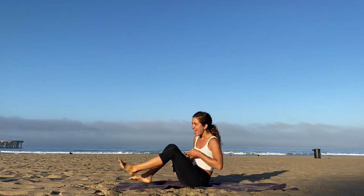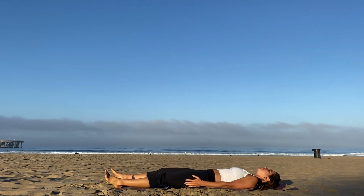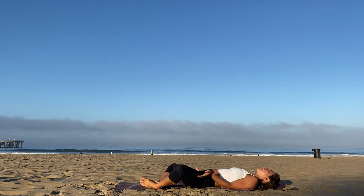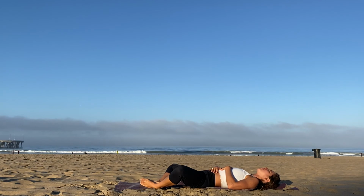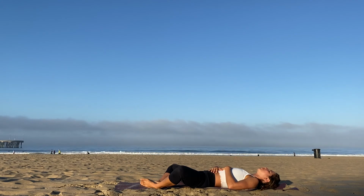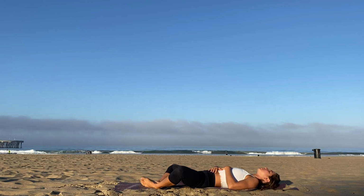Release your hands. And lay onto your back. Take Shavasana. Any way that's comfortable. If you want to lay with your legs straight, you can. You can also bring the soles of your feet together and let your hands rest on the front of your body, on your side. Let your breath calm. Let your chest drop. Let your face relax. So your eyelids,